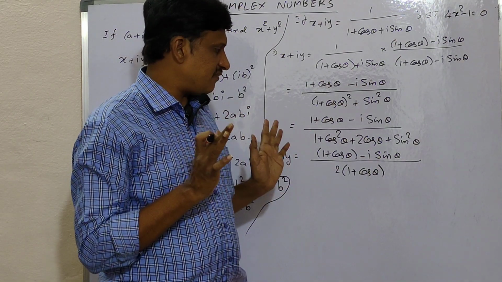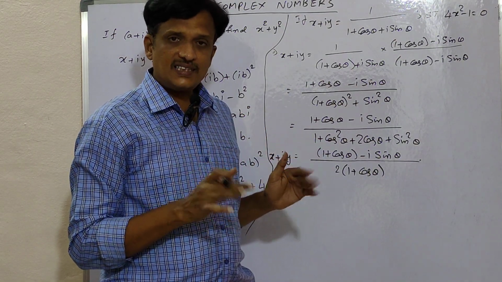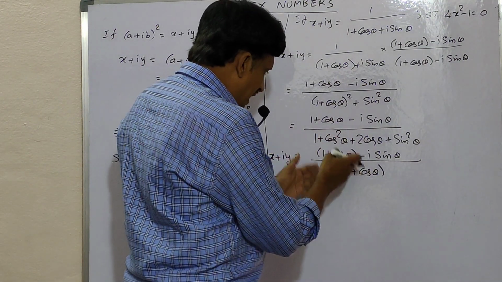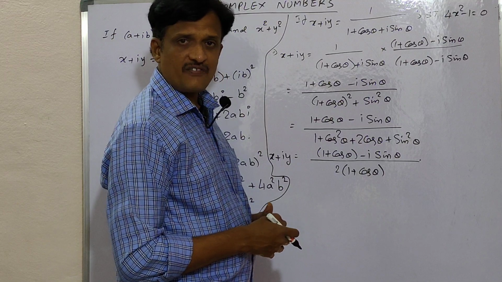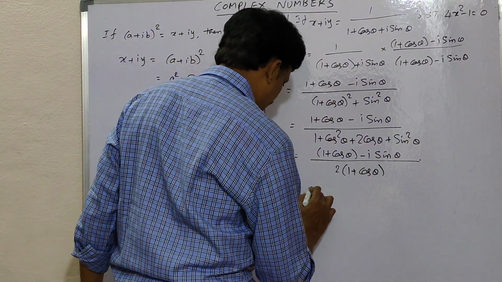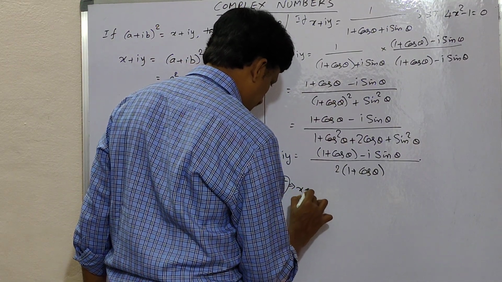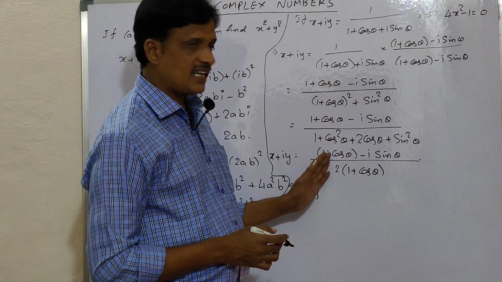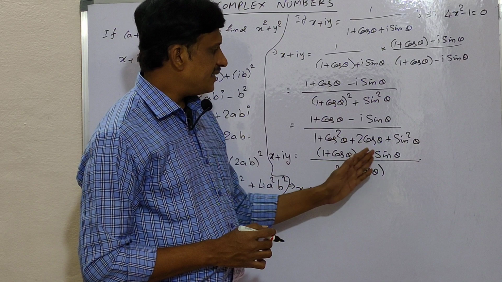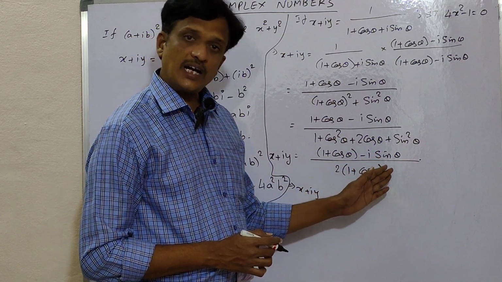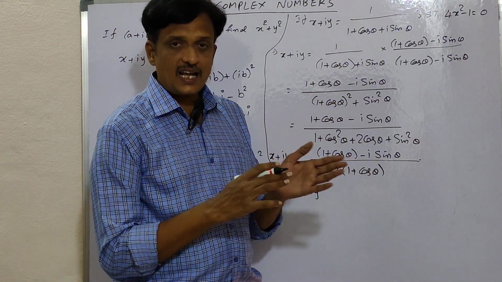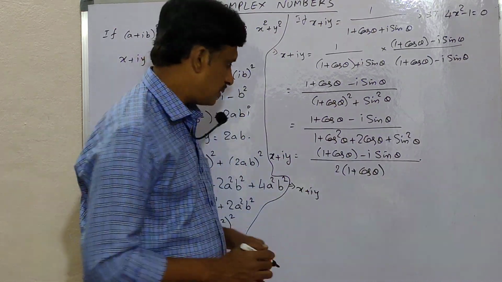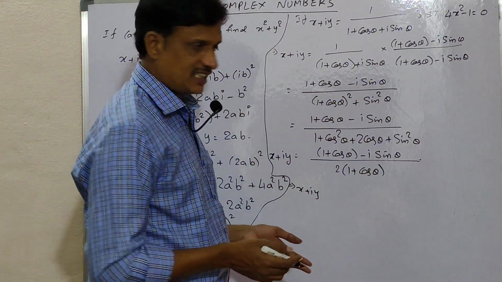So real part is enough. Need not consider the imaginary part here. Okay, so if you write this in the form of x plus iy, actually if you want we can write the simplified form. 1 plus cos theta is 2 cos square theta by 2, and the sin theta means 2 sin theta by 2 cos theta by 2 we can write. Even then also after the simplification you will get the same value for x, that is 1 by 2. But here I am not writing any simplification.